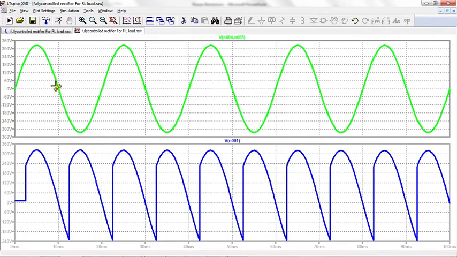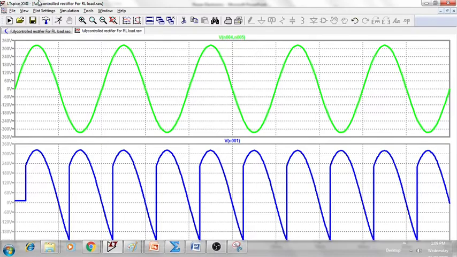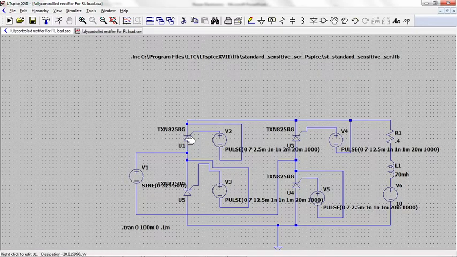But my input is going negative. What happens to the load voltage? We have seen the load voltage here. Why should it look like this? What is the reason behind that? So we are saying that the load is receiving the input voltage even in these areas. What is the meaning? T1 and T2 are conducting, meaning this T1 and this T2 are conducting.